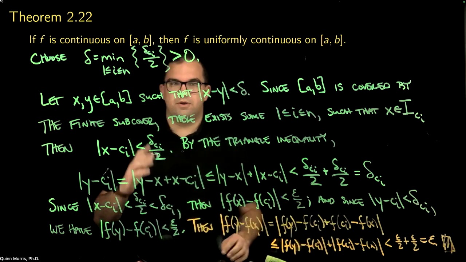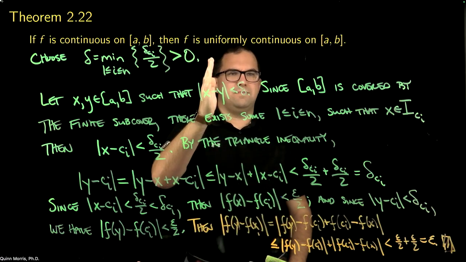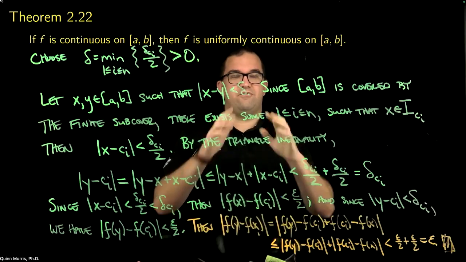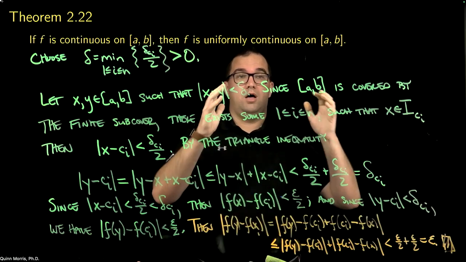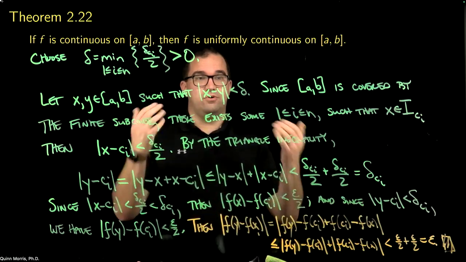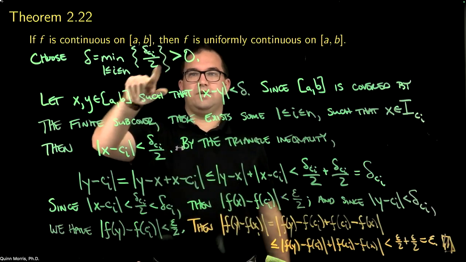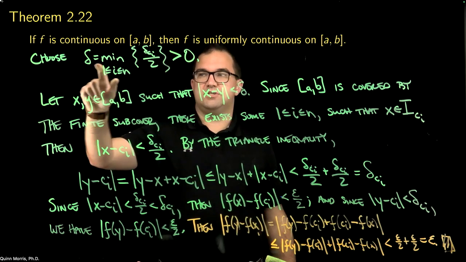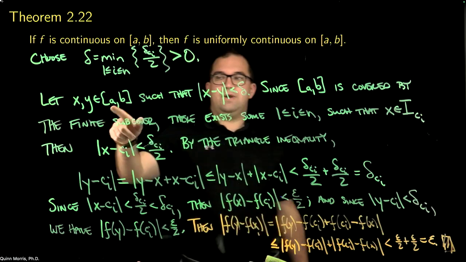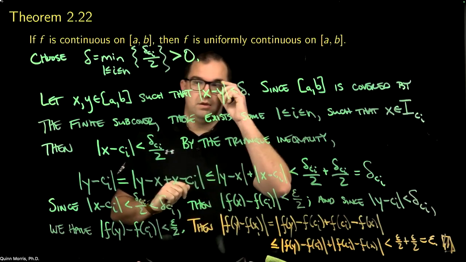So let's review this briefly. From the very beginning, we first wrote out what it means for the function to be continuous at each point. And we used that continuity at each point to define this open cover of my interval AB. I used the fact that the interval AB was compact to pass to a finite subcover. I used that finite subcover and that finite number of deltas to define my overall delta for this problem. Then I showed that if I take two points x and y in my closed interval AB that are within delta of each other, then